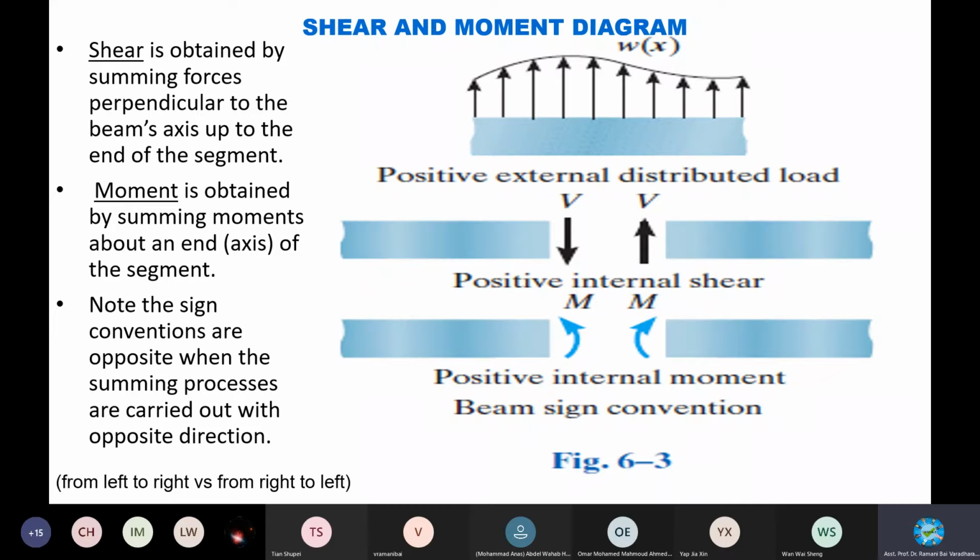So do you understand? Summing of moment and summing of shear force. Summing of shear force is a simple addition, right? If it is a rectangular box, simple addition. If this is your shear force axis and you draw like this, it's a simple addition. But if it is parabolic, it's a curve. Then get the equation of the curve and integrate over the limit, and you will get it.